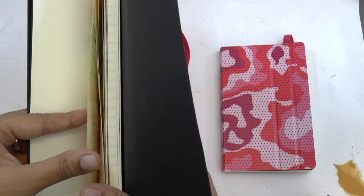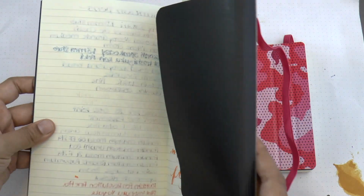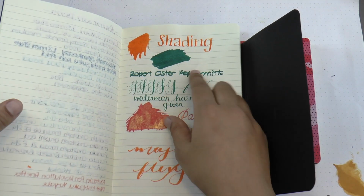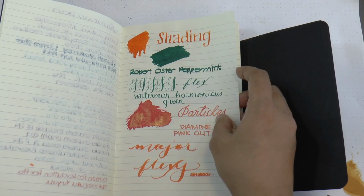There is minimal feathering with the finer nibs, minimal bleed through, and just a bit of show through. Now, I used pretty wet writers here. You can see there's bleed through and show through. Shading is not that great. I think the paper is just a bit too absorbent to really show off your fountain pen ink, but it